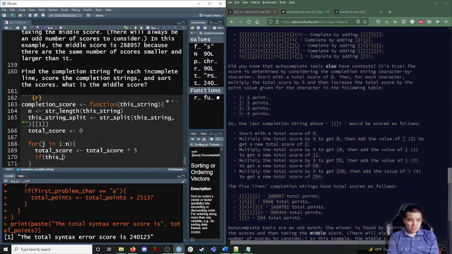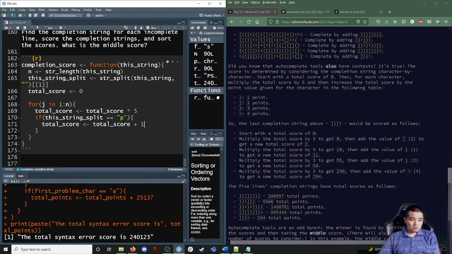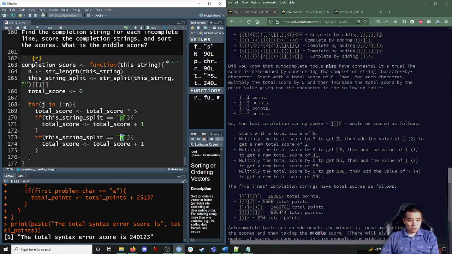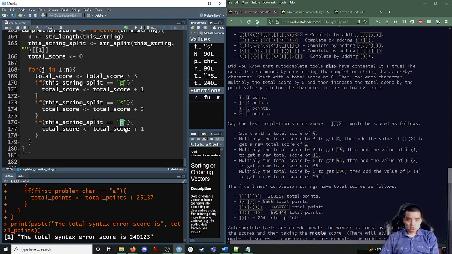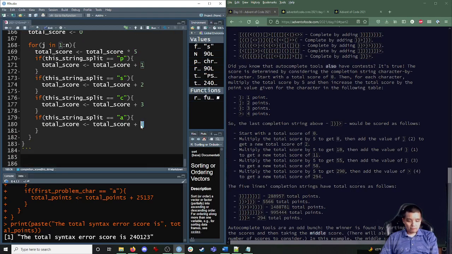And if this string split is a closed parenthesis, the total score adds 1. If we encounter a closed square bracket, add 2. If we encounter a closed curly brace, add 3. And if we encounter a closed angle bracket, add 4. We're going to return the total score,